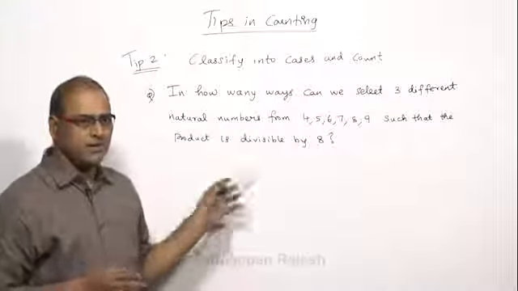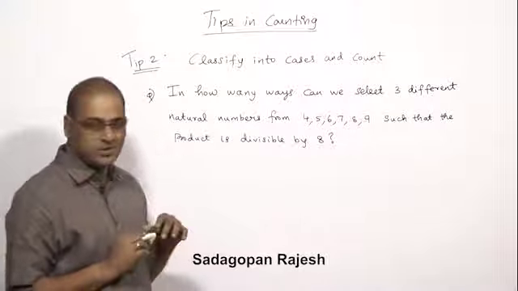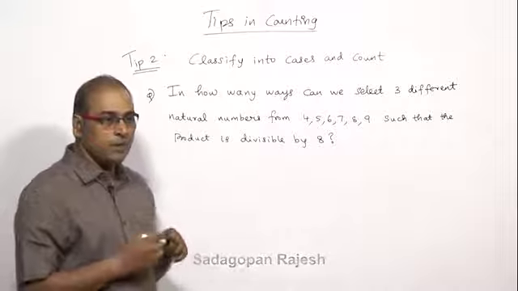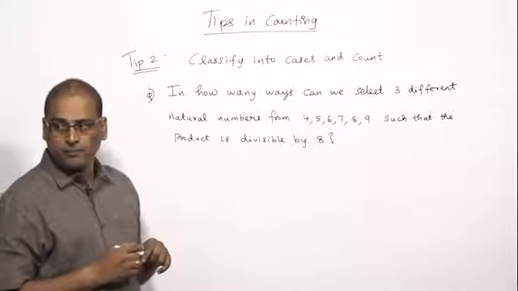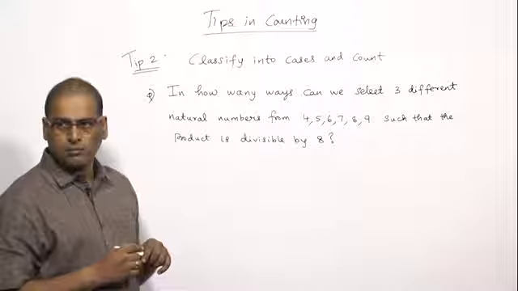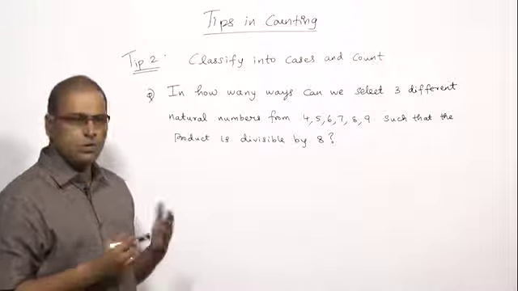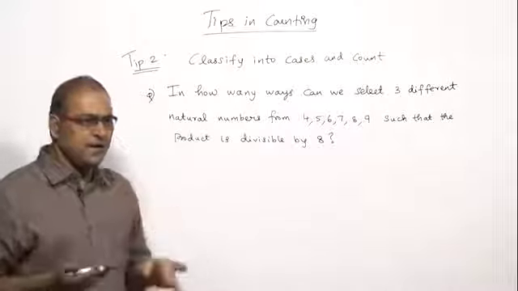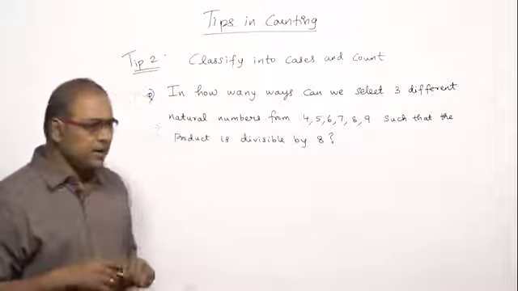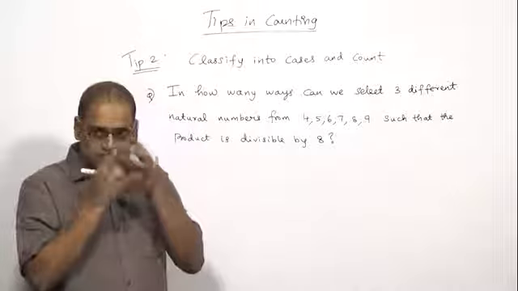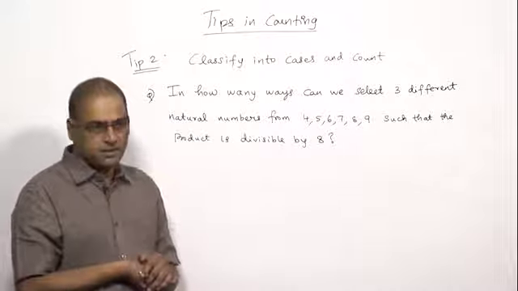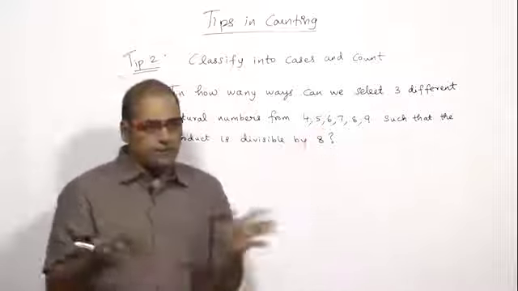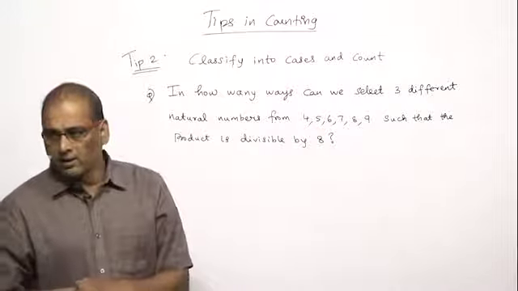Yeah, I want the cases. I am not interested in the count actually. The question is case 1. You see, classification can be done in many ways, right? Primarily the idea is it should have some even numbers. How many even numbers out of 3? If all the 3 are odd, obviously the product is going to be odd. It won't be divisible by 8.